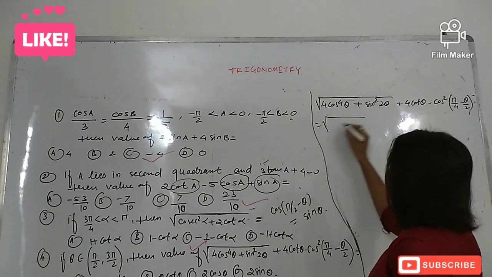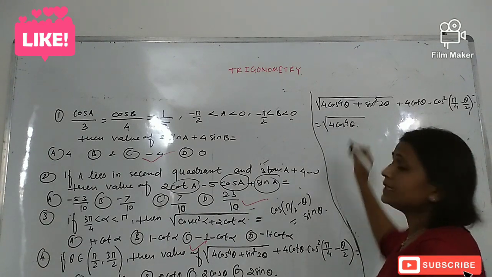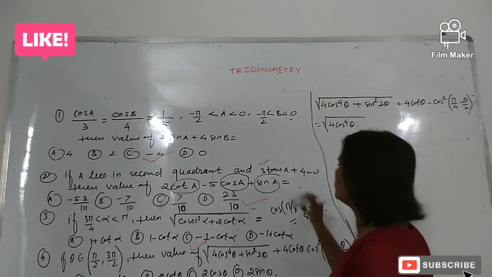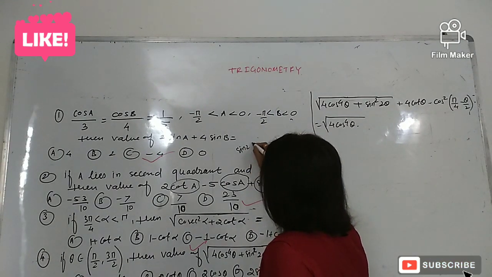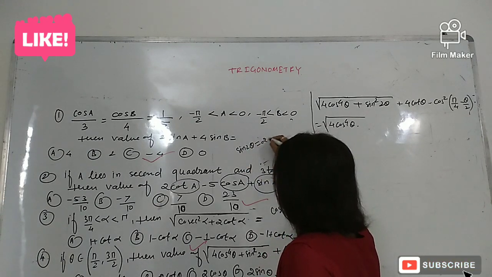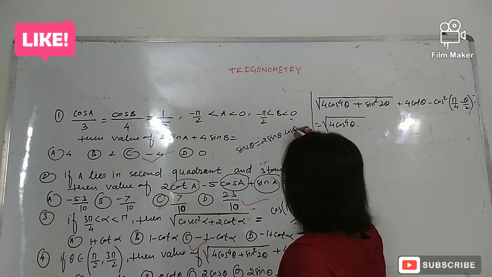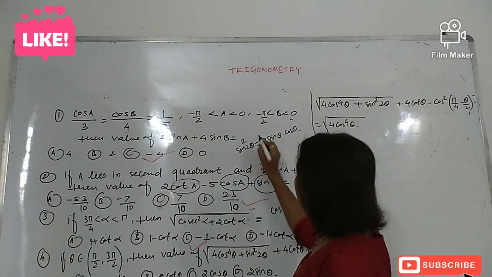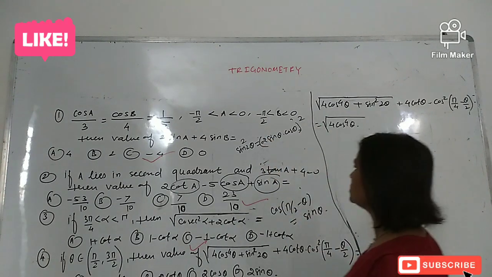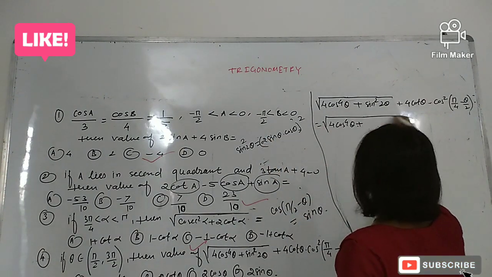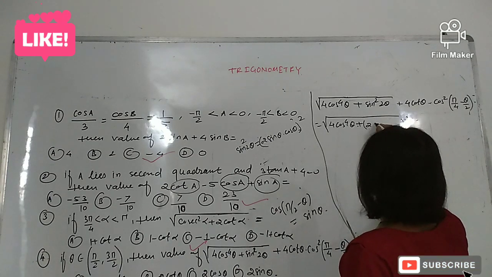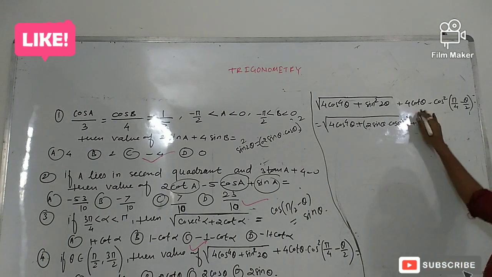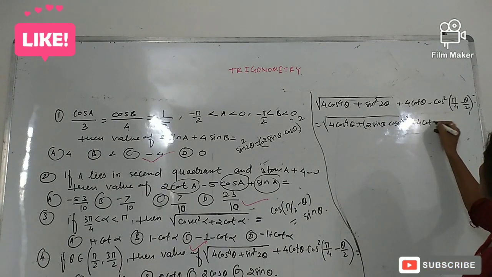In the next step, 4 cos to the power 4 theta as it is, and the second term is sine 2 theta. So I have the formula for sine 2 theta. What is the formula for sine 2 theta? Sine 2 theta is 2 sine theta into cos theta. But our value is not only sine 2 theta, it's a square. So we have to write this value inside a square bracket. So square of 2 sine theta into cos theta. And write the rest as it is, plus 4 cot theta.